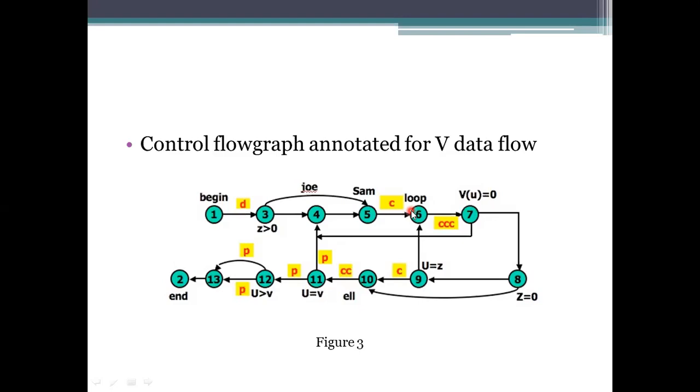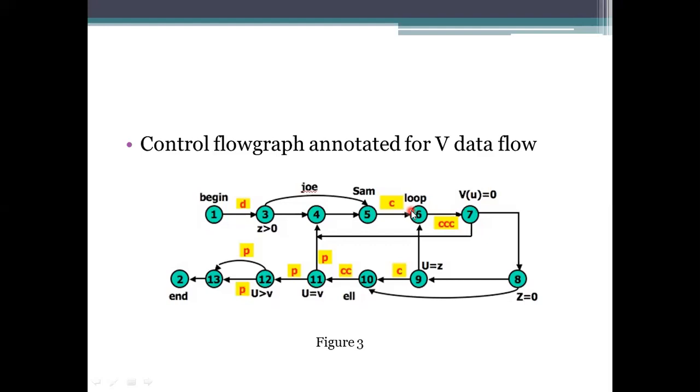Why do we need to consider the definition clear path? Because the defined one has to be used once. Whatever path includes only the defining and using will come under the definition clear path. And coming to the second one, that is the loop free path segment. Here we are specifying that the node or nodes we are presenting have to be visited at most once. Means no repetition, revisiting is not allowed in this one.